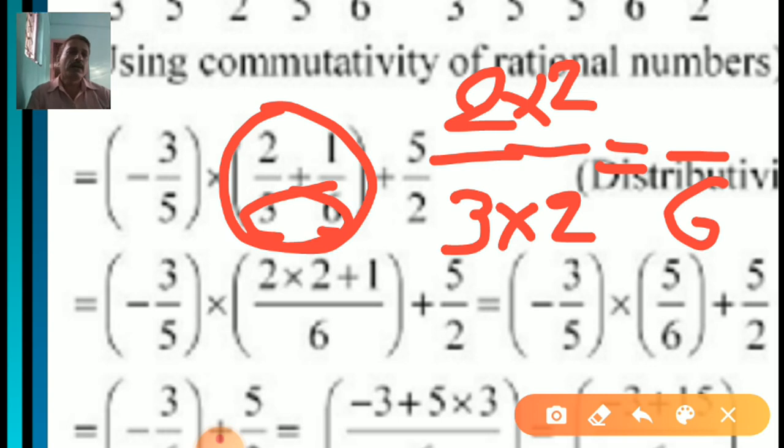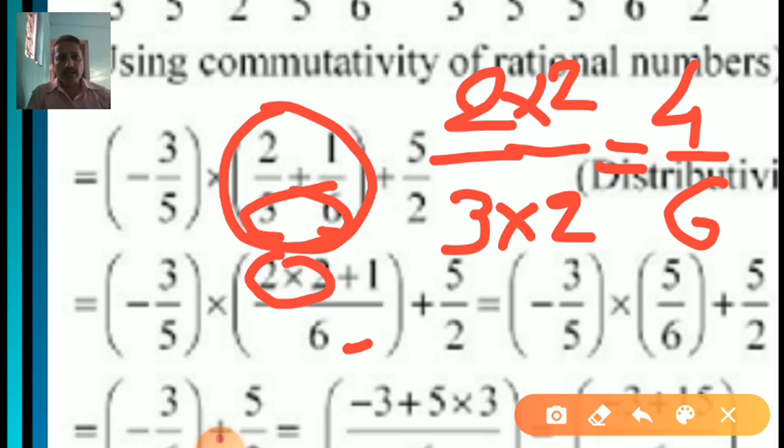Yes, you remembered in 6th standard and 7th standard, fractions, equivalent fractions, we made it that way only. So 2 2s are 4. Now this becomes an equivalent fraction. Both fractions now have 6 as a denominator, so that 6 will be common. And here 2 2s are 4 already given.